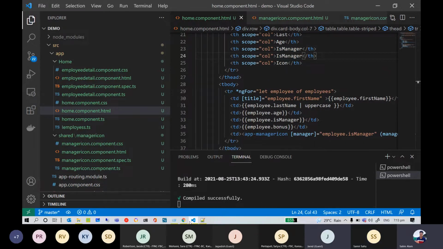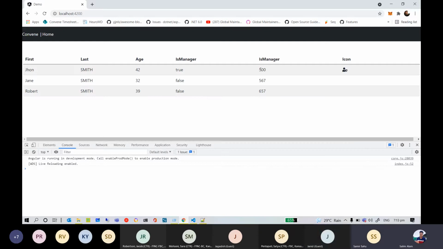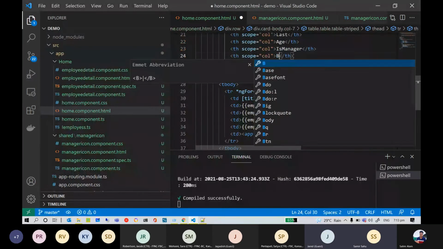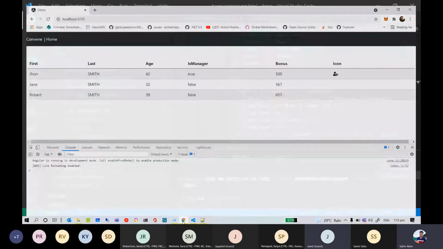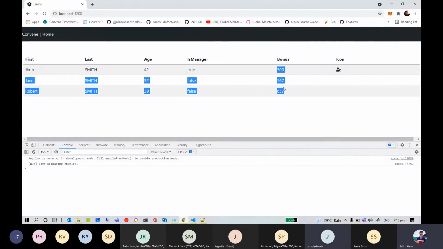Okay, so now we should be able to view. It's still saying is manager twice. Okay, that's fine. No worries. Sorry for that. Yeah. So now you can see I have an additional column here which displays the bonus,